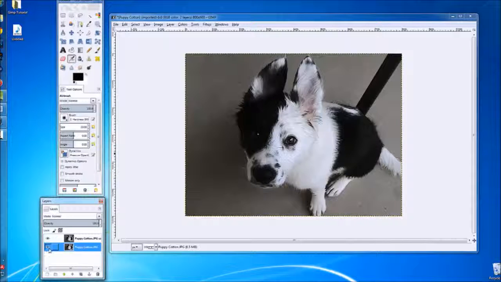Also, we can look at these eyes on the layers, and if you click the eyes, that means that you can't see that layer. So I'm going to click the bottom layer and turn off that eye so we can't see it. Going to the top layer, that's the bottom layer,